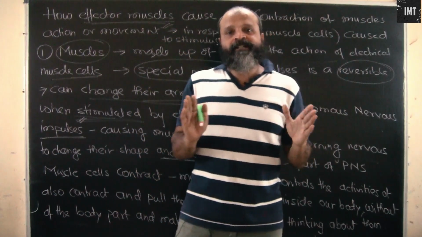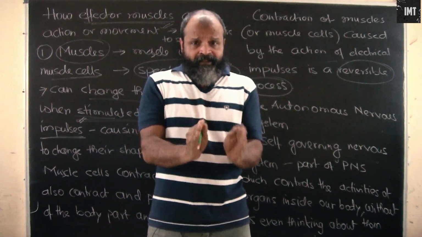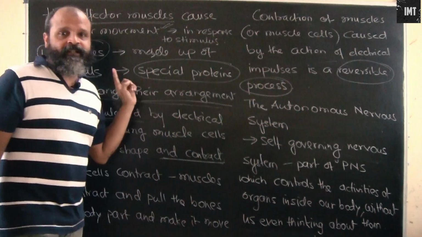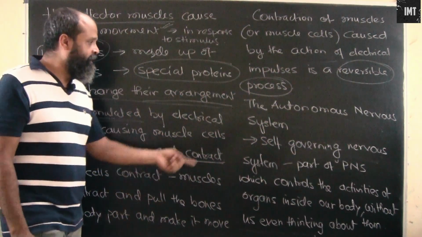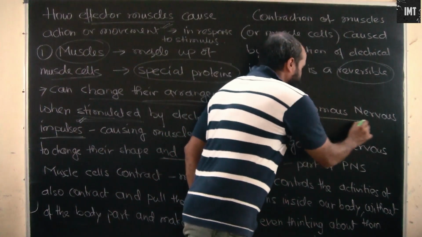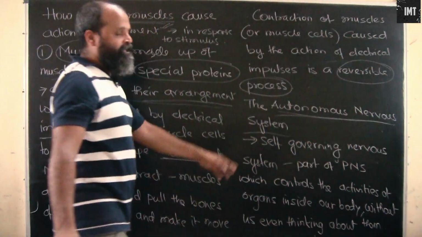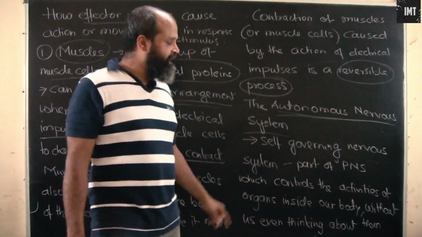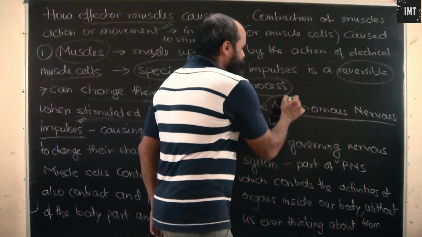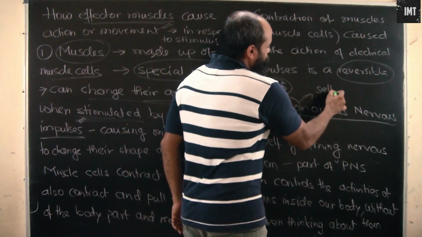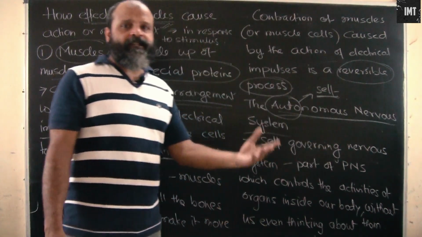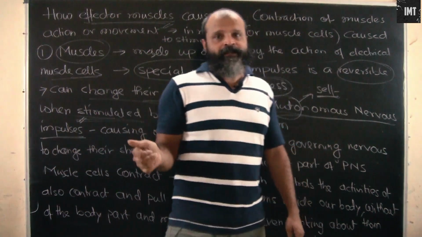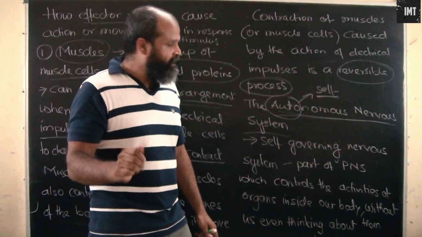So the coordination is complete between the receptor and the effector organs. So effector organs are the muscles which we contract. Automatically that happens, so the autonomous nervous system. Now what is this autonomous nervous system? As we have studied, it is a part of the peripheral nervous system. Now, self-governing nervous system. Auto means self. So if we say that a vehicle is auto start, which means that it can automatically start just by the movement of the keys.